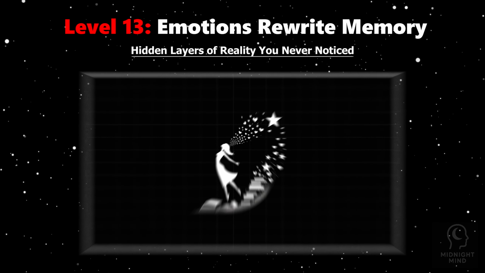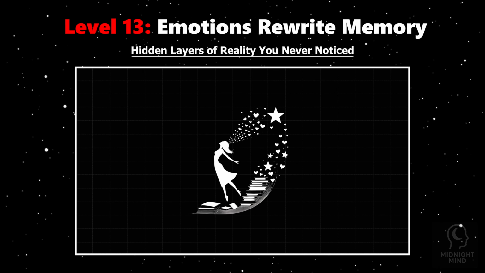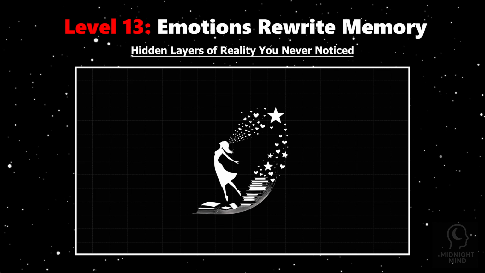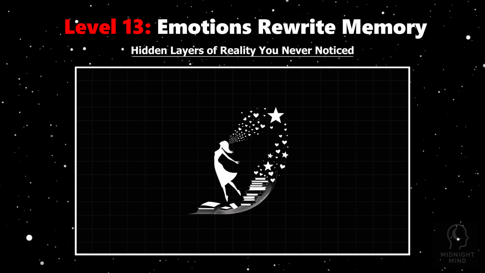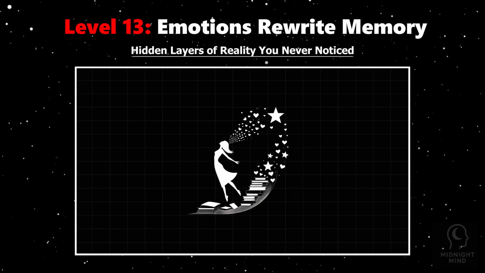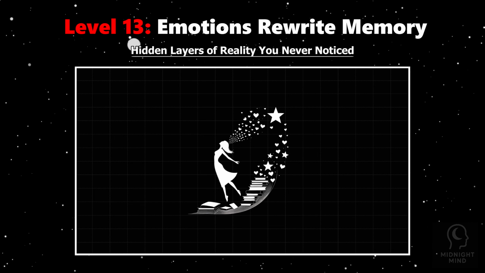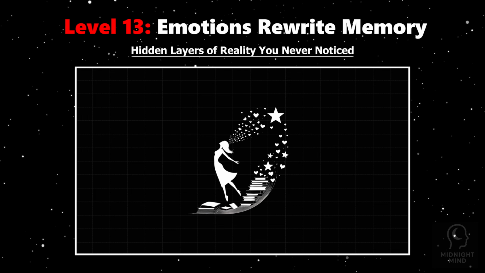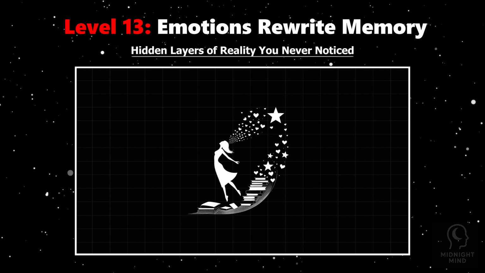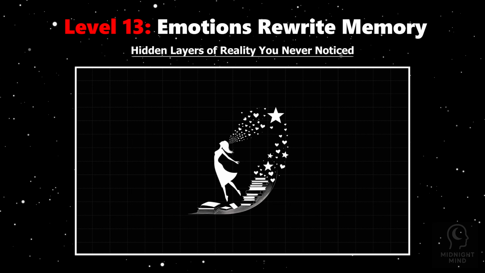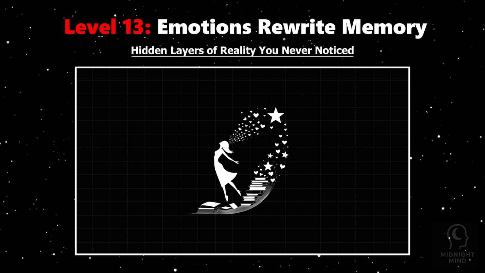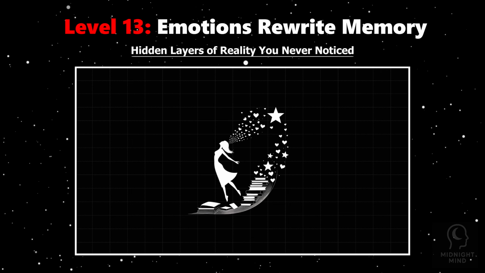Imagine your memories as stories written in shifting ink, never fixed, always rewritten by the emotions you feel. Neuroscience reveals that every time you recall an event, your brain reconstructs it, influenced by current emotions and context. Joy can soften the harsh edges of painful memories, making past suffering feel distant or even sweet. Anger, on the other hand, can exaggerate details, inventing betrayals that might never have existed to protect your sense of self. Nostalgia acts like a gentle editor, forgiving mistakes and painting the past in golden hues, even if nothing actually changed.